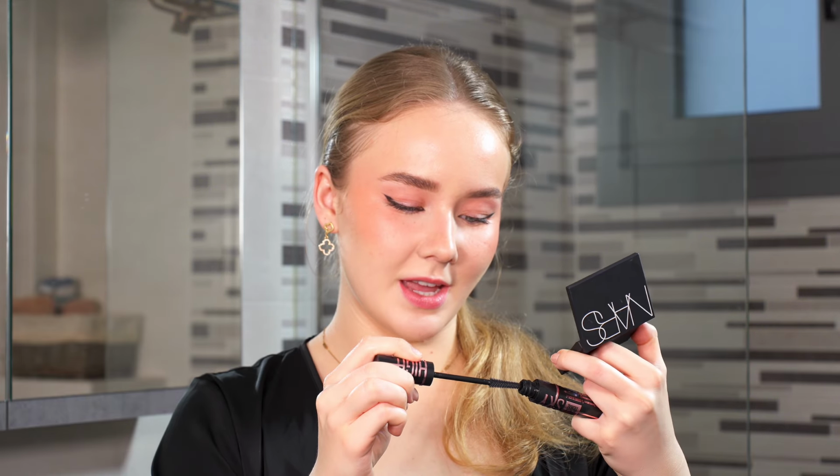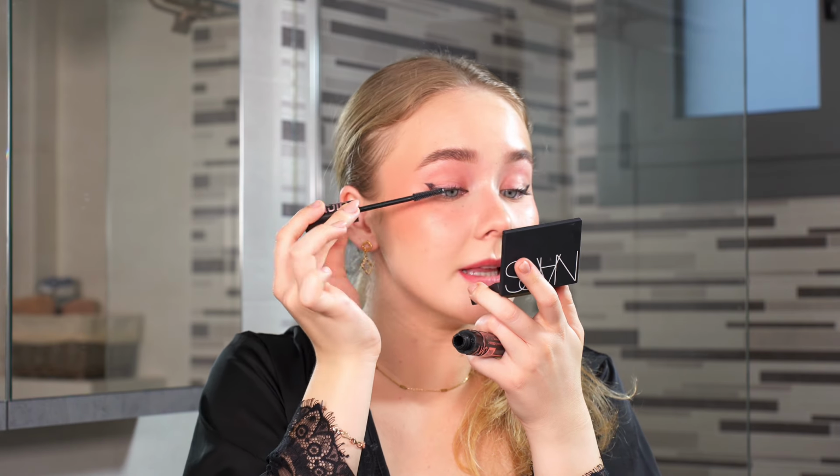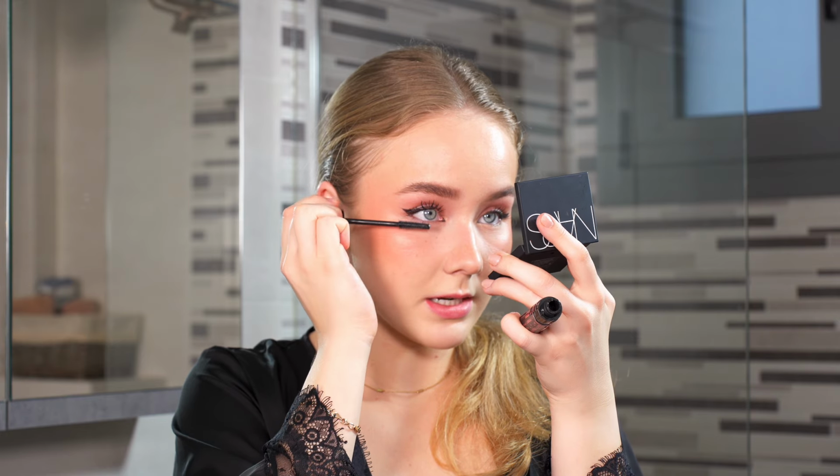So next she's using a mascara, and of course I'm going to use my well-trusted Maybelline Sky High mascara in black. This one is the best mascara I've ever tried in my life. I swear by it. And she's also going on her lower lashes, so...